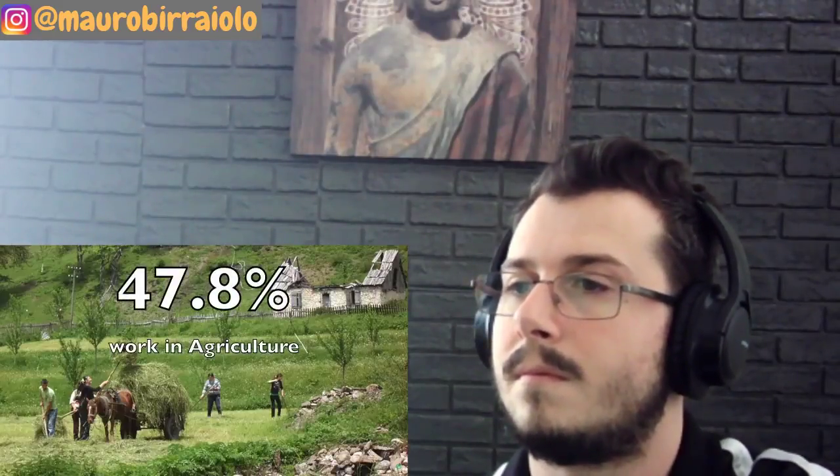In terms of its physical geography, Albania is about 70% mountainous, with about 25% of the land being arable for agriculture and farming, which, by the way, is a sector that employs about half of the entire population of Albania. Albanians take their agriculture very...